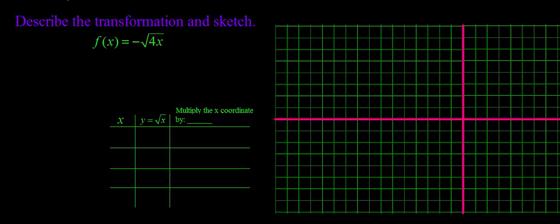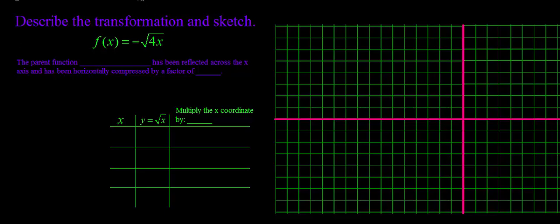So my description statement will look like this. The parent function, f of x equals the square root of x, has been reflected across the x-axis and has been horizontally compressed by a factor of 1/4. Once I have described this in my own words, now I can start looking for the coordinate points to sketch my parent function. We're going to look for 2 or 3 values of the parent function that we can sketch